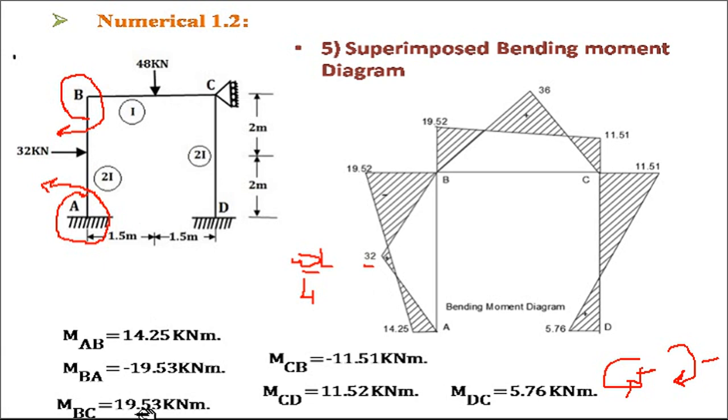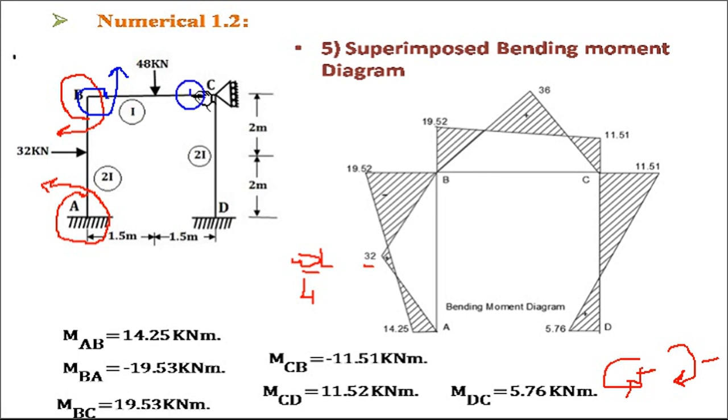Okay. Now the moment in member BC is plus. Plus means it is acting in anti-clockwise direction. So now here we will keep the pen on the member BC nearer to joint B. Now you have to rotate the joint B in anti-clockwise direction. So I will rotate the joint B in anti-clockwise direction like this, and it should cut the member BC once. That means this moment 19.53 is acting above the joint B.